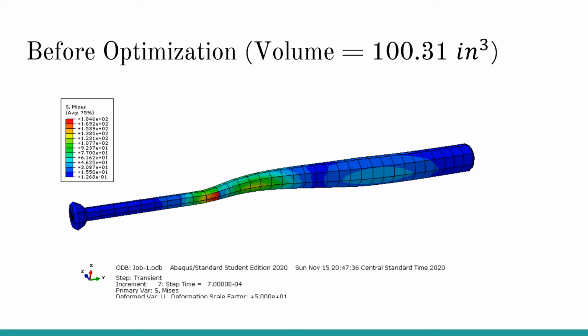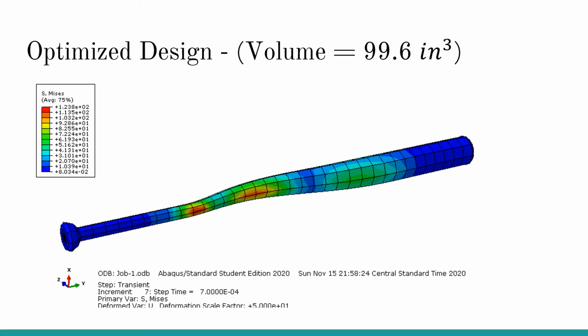So this is our original design. The volume was 100.31 inches cubed, and the stress on it came out to be about 185 psi. This is our optimized design with a total volume of 99.6 inches cubed, and this was simulated using the values we got from the MATLAB code, as the top fillet radius was supposed to be 100 and the bottom was